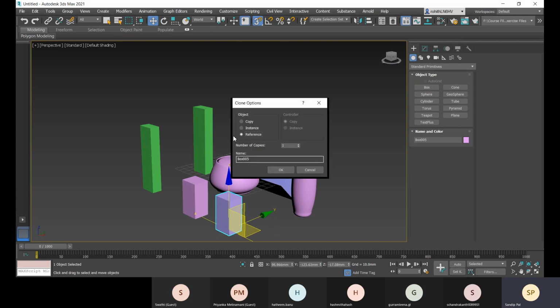And here I will create a reference. So what is the meaning of reference? The clone object is totally dependent on the main object. It will not have any individual properties. That is the meaning of reference. It is totally dependent on the main object. Let me click on OK.